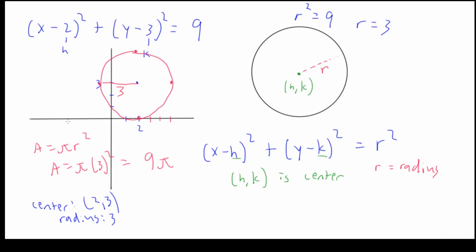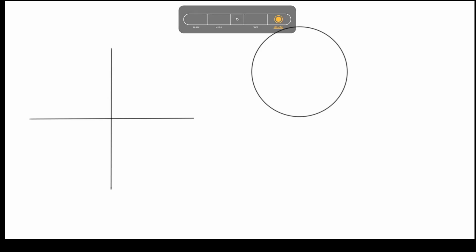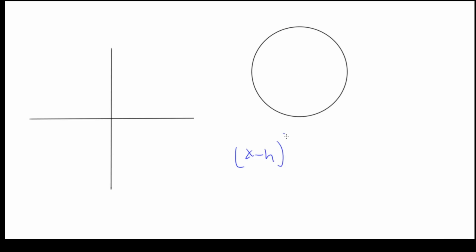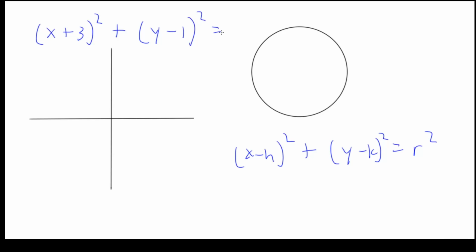I'm going to erase this stuff. Okay. So, once again, the equation is (x − h)² + (y − k)² = r². This time, let's change the equation up a little bit. Let's say I have (x + 3)² + (y − 1)² = r². Since this is x plus 3, and the equation is in the form x minus h, we have to manipulate this to get it in that form. We know that x plus 3 is the same as x minus negative 3. So this is the same as (x − (−3))² + (y − 1)²